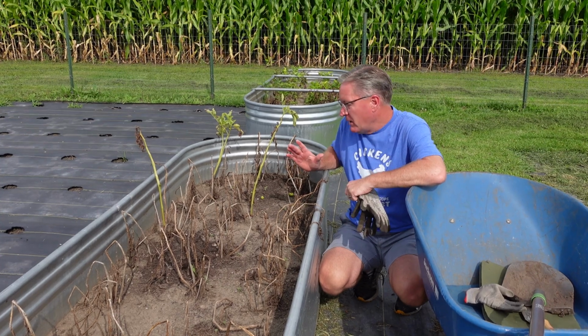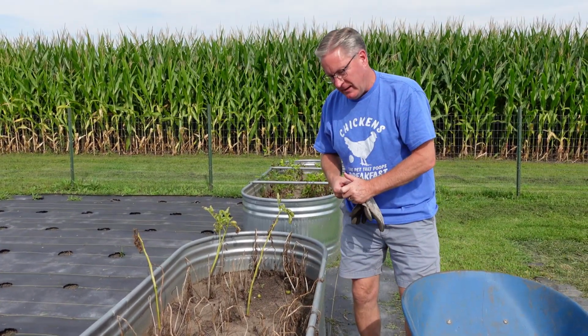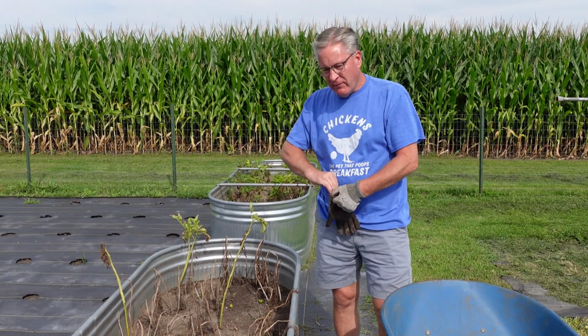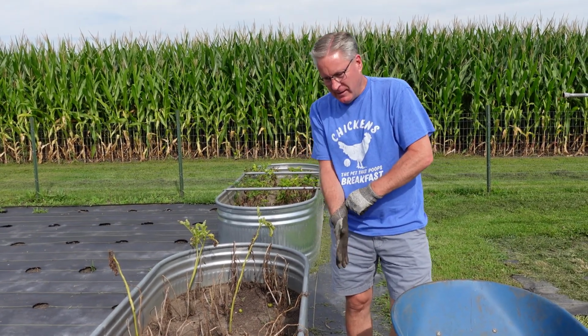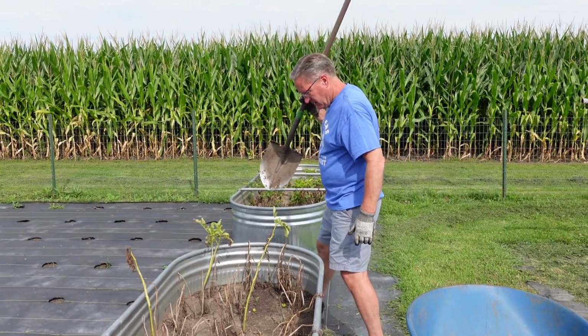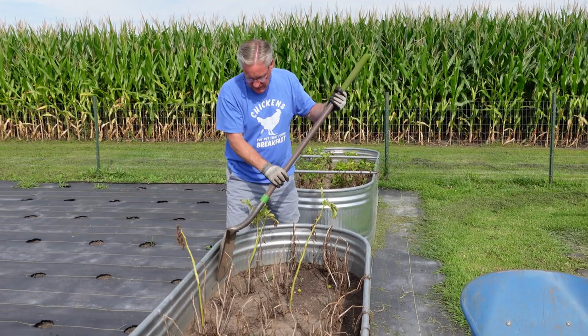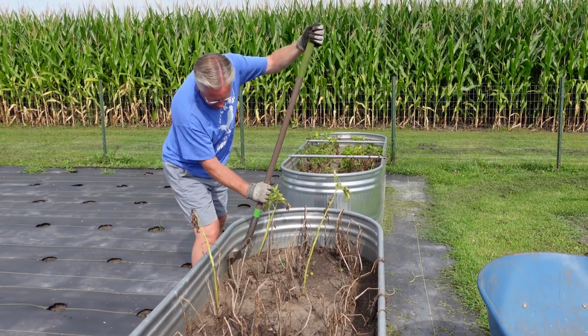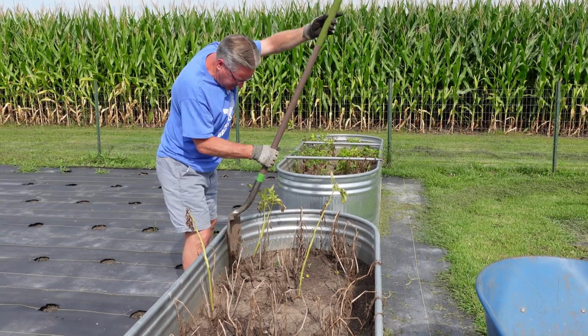So 3 months. I'm going to do some digging. This is like Christmas for us. You're digging in there and you never know what you're going to get. Last year we got some absolute beauties. I'm going to try to just gently loosen the soil here and see what we can do, a little loosening all around,